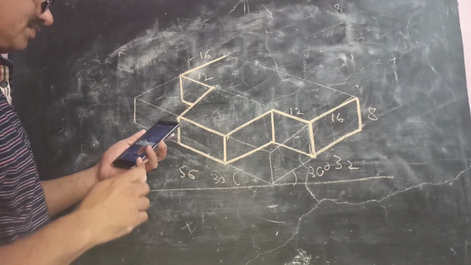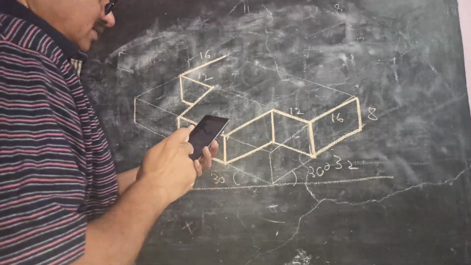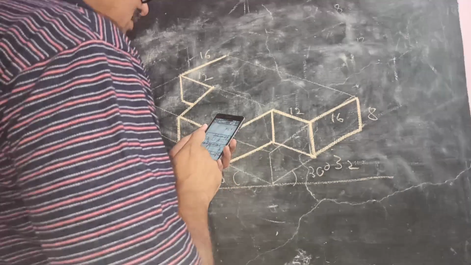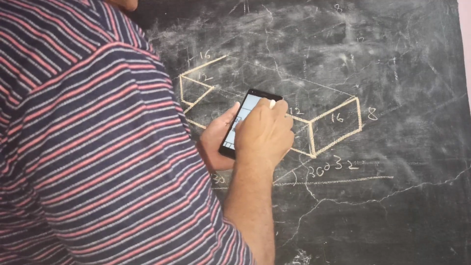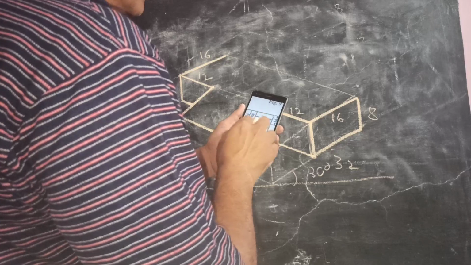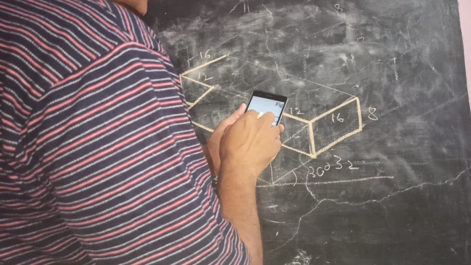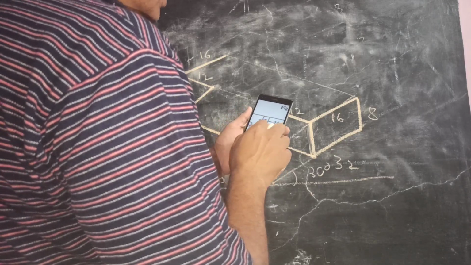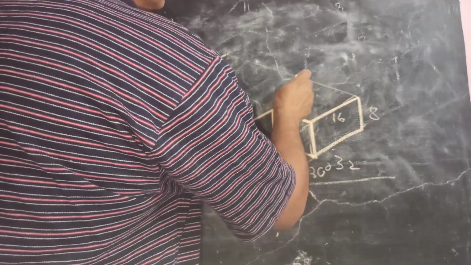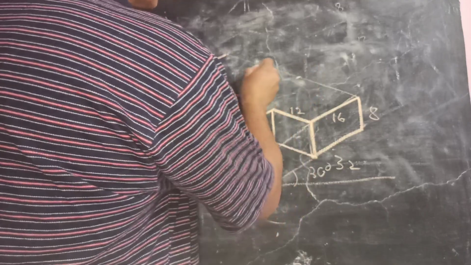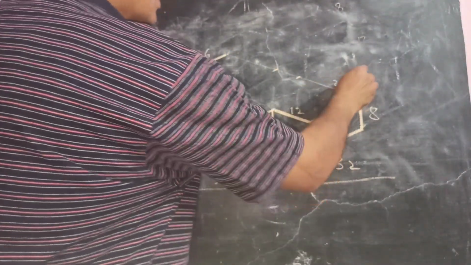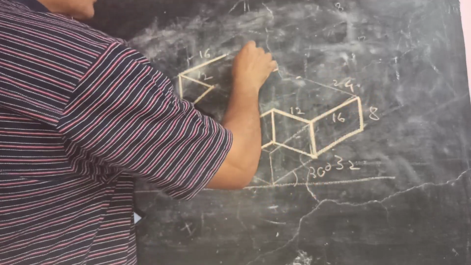Now let us go for the pillar here. Let us locate that pillar. So that pillar, you can see in the top view, it is 24 from here. It is having the length 8. So 24 plus 8 is 32. Total is 56. 56 minus 32 is again 24. So leave 24 from here, also 24 from here, and it will be 8. This is 24. This is also 24.